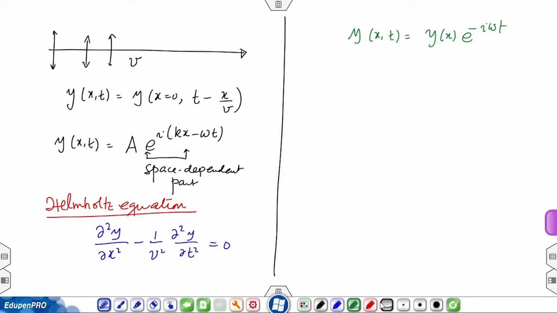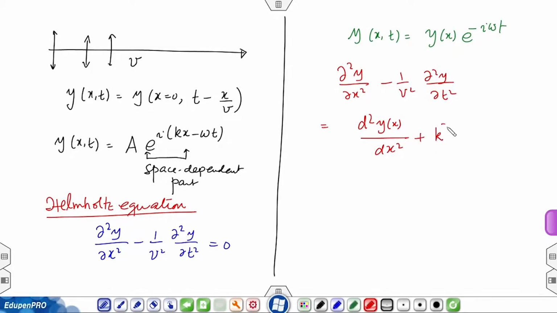When you substitute this in the wave equation, you get d 2 y x over d x square plus k square y equals 0,